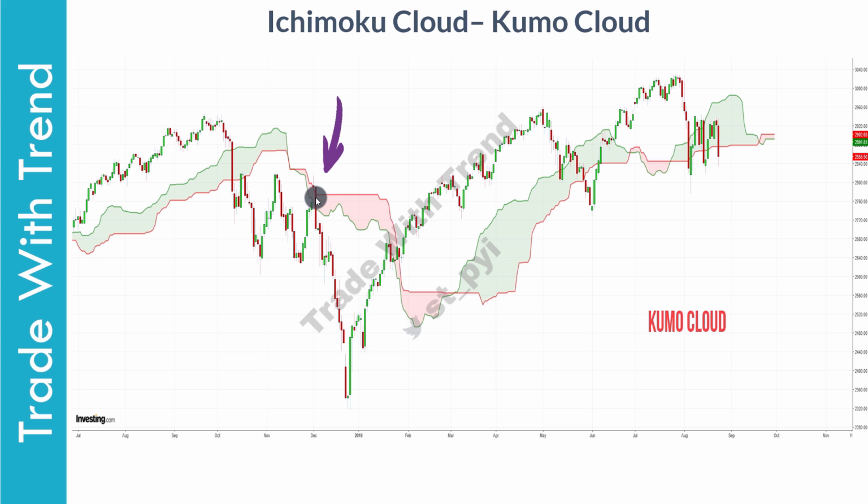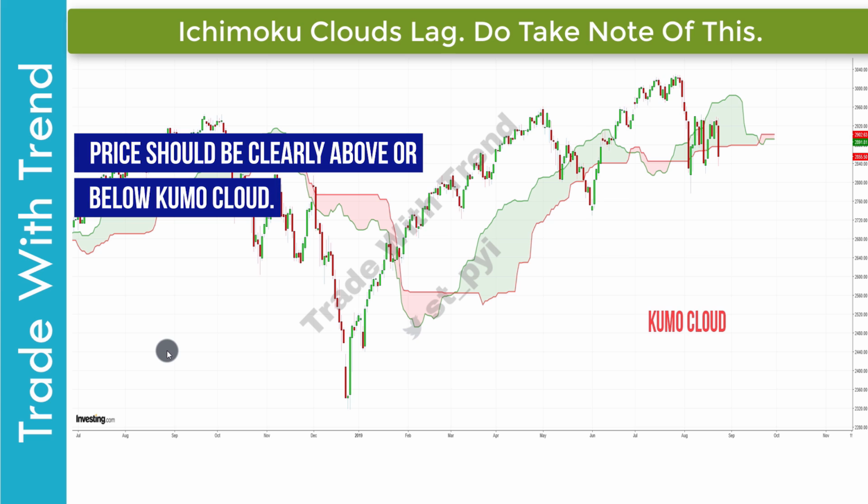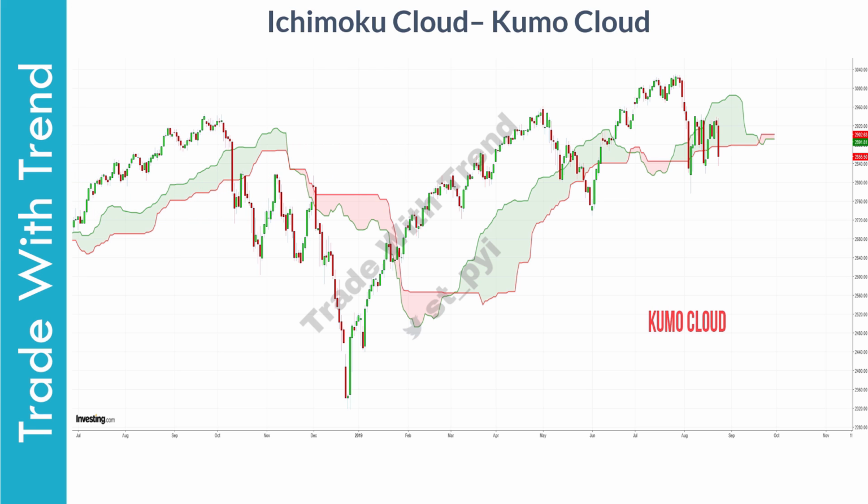Do note that Ichimoku clouds are trend following indicator, and therefore you will see these lagging price. But before judging the effectiveness of this indicator, I would strongly recommend for you to study it in detail first. You will be amazed at its ability to help you understand the overall price structure of market. It is also very handy at precisely telling you when you should be trading in the market and when you should be stepping aside and waiting for a trading opportunity.